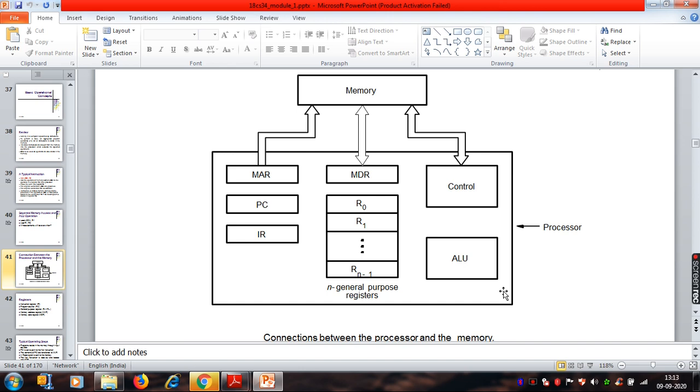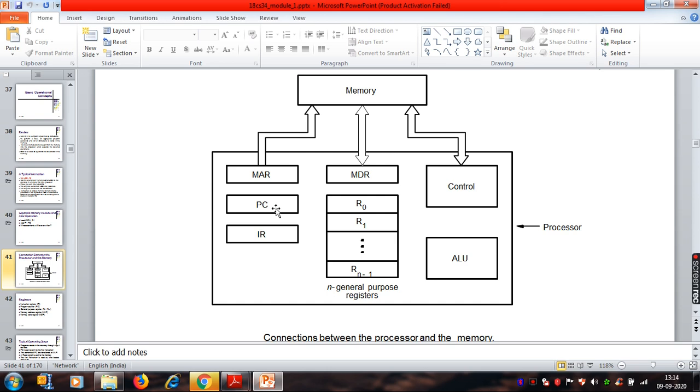So in order to execute a particular program, we have to move from one step to the other, which means in the memory locations we have to go from one instruction to the next in a particular program. So always the PC, which stands for program counter, holds the address of the next instruction to be executed, because a program may contain 8 lines, 10 lines, 15 lines, 20 lines, whatever it is. Once you execute one particular instruction, what is the next instruction? That address is always found in the program counter.